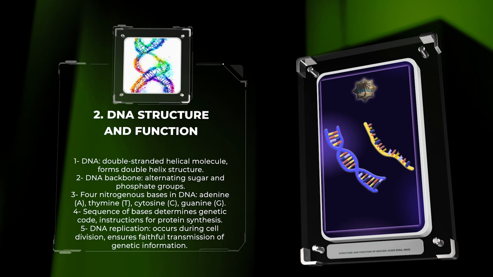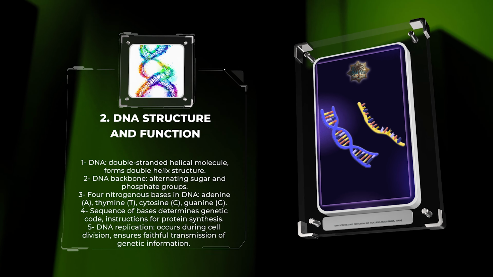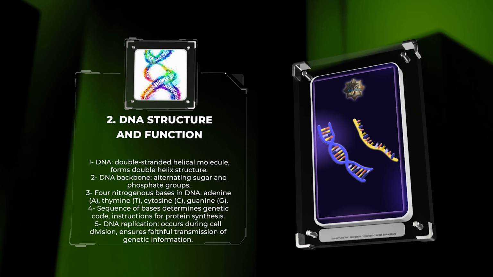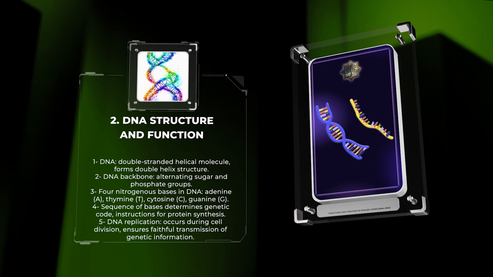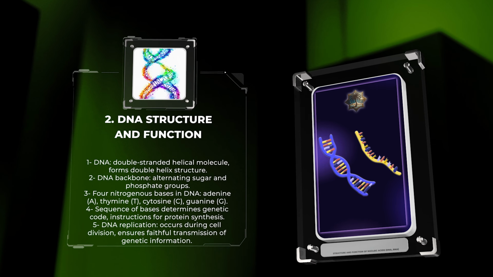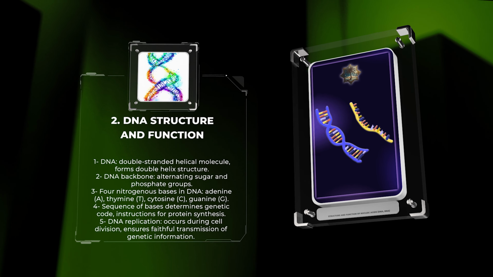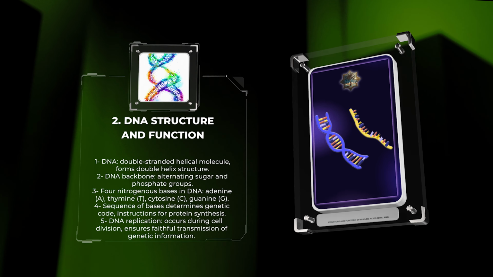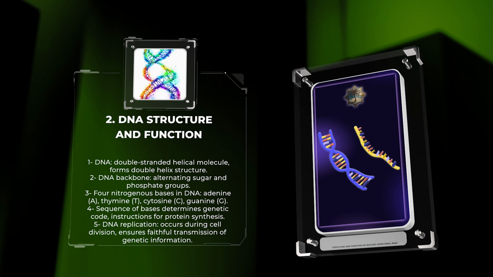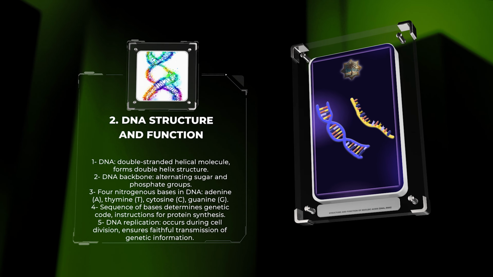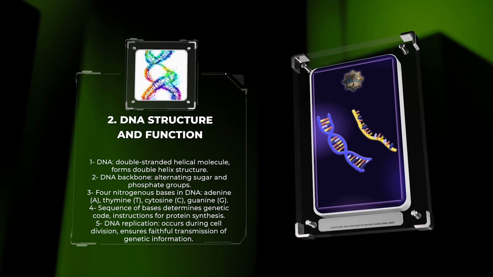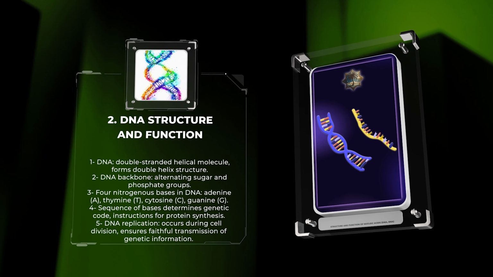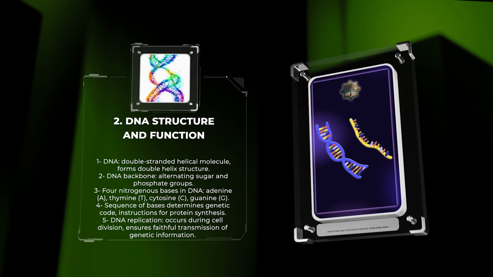The backbone of DNA is composed of alternating sugar and phosphate groups, with the nitrogenous bases projecting inward. The four nitrogenous bases found in DNA are adenine, A, thymine, T, cytosine, C, and guanine, G. The sequence of these bases determines the genetic code, which contains the instructions for the synthesis of proteins. DNA replication occurs during the cell division process, ensuring the faithful transmission of genetic information from one generation to the